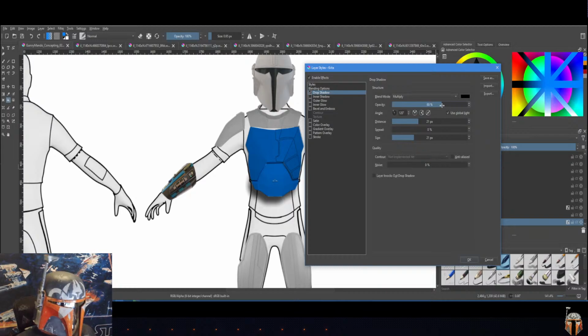And then we don't want to change the opacity. The opacity is usually pretty good. We want to change the distance, and the size. Size is the fuzziness. So the smaller the size, the sharper the shadow. Okay, so that's too sharp. That's 0 pixels. We want to go about 3 or 4 pixels. Maybe just a little bit more. And we're going to take the distance down just a little bit. All right. So,